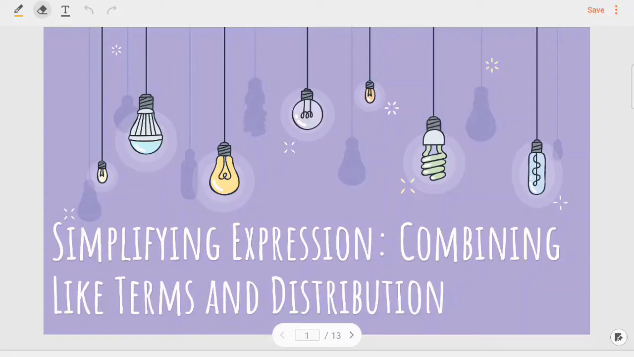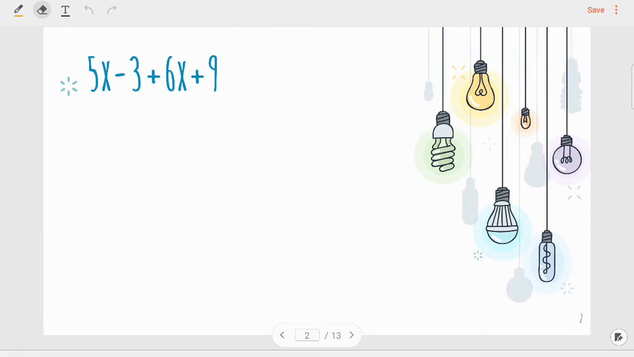This video is going to cover simplifying expressions, combining like terms, and distribution. And we're going to be doing those at the same time. Before we combine them though, let's do a little bit of a review of what we mean by combining like terms. So remember, when you have an expression, you have separate terms, and we can separate those terms